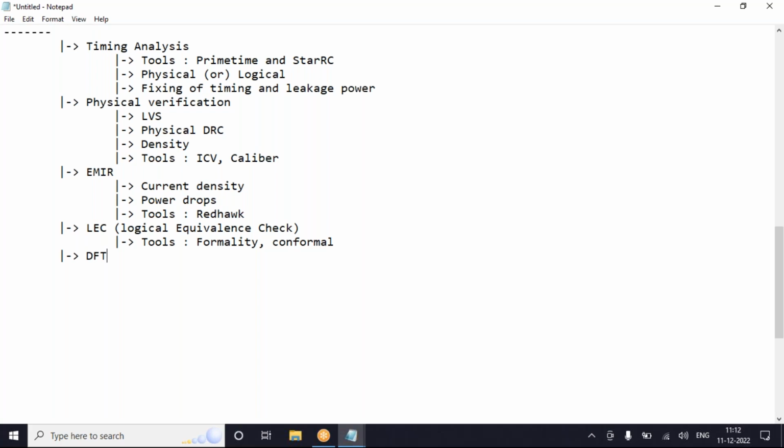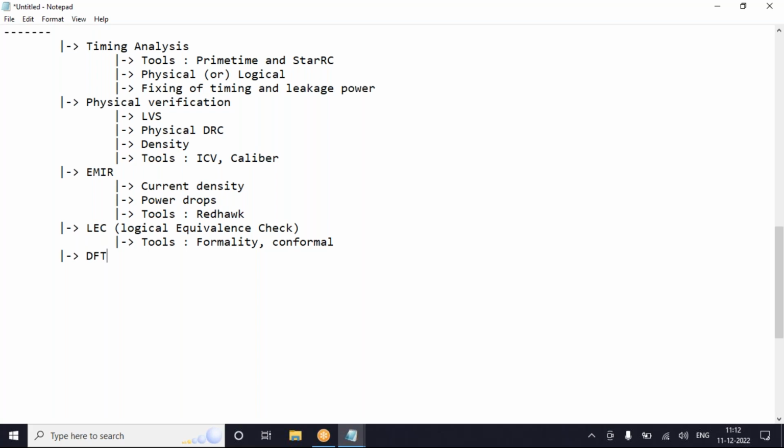Okay, in this particular course duration, you will be learning about synthesis. DC shell, tools used is like DC, design compiler, and PNR, ICC2, and prime time for STA.